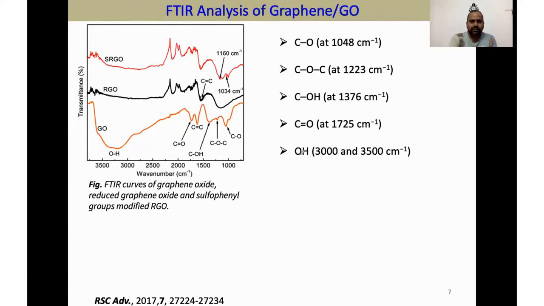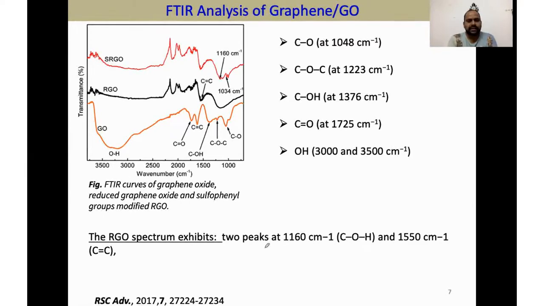And then the OH, a big hump, is basically between 3000 and 3500. This is the OH group, and that is also almost suppressed, so we are not able to see that huge hump. So how can we distinguish? In the case of RGO, it is quite similar to graphene, not exactly graphene, but quite similar to the graphene structure. And here, if you see, one additional peak is there at 1160 centimeter inverse, which may correspond to some functional group.